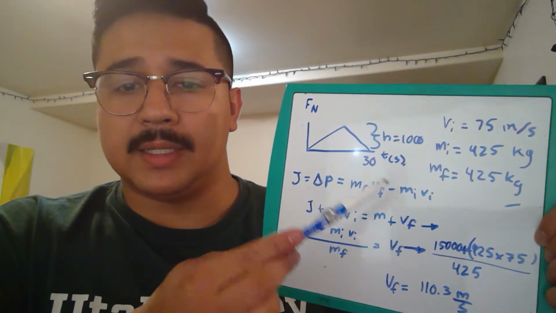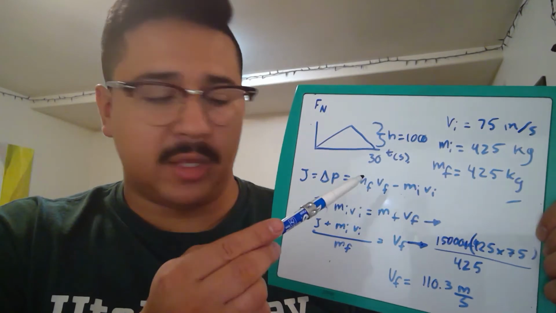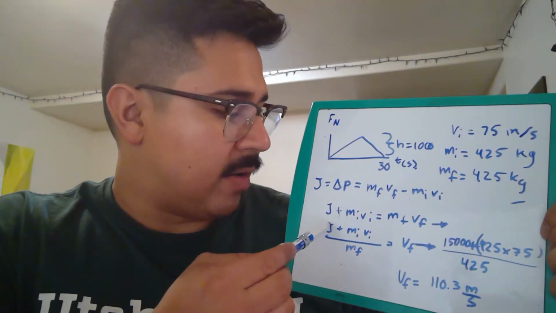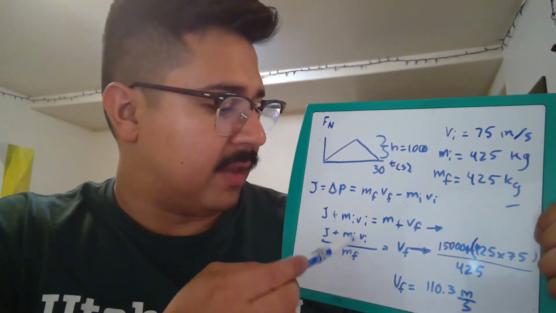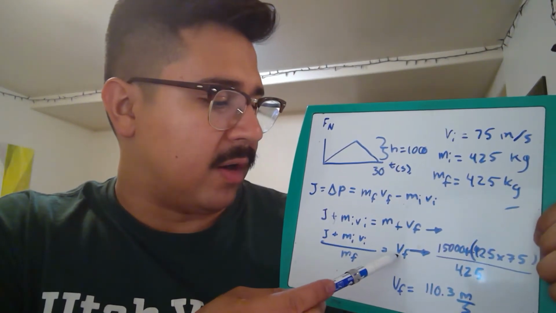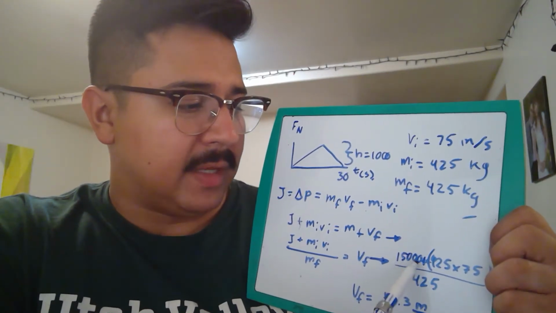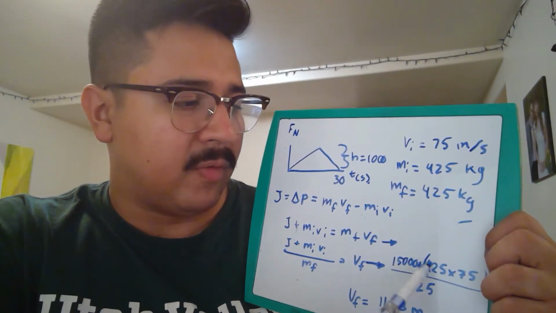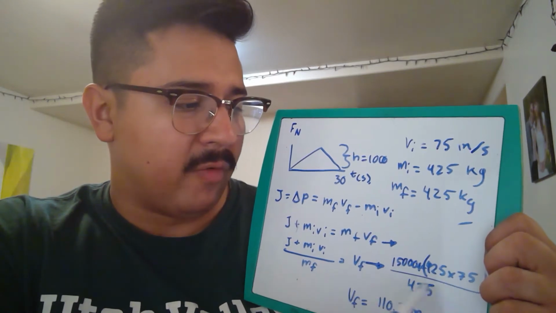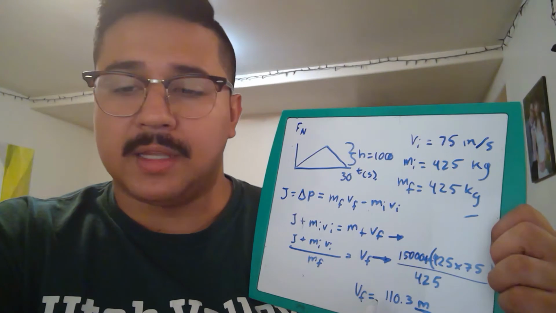We're given the mass, it's the same because any loss was negligible in that 30 seconds. So impulse plus mass initial times velocity initial over mass final is equal to our final velocity. When we plug that in, 15,000 plus 425 times 75, over 425, we get our final velocity to be